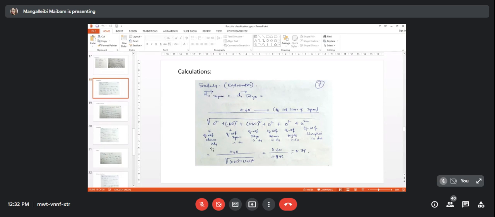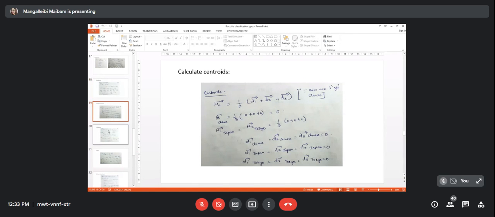TF-IDF score for Chinese in D4 is 0, so 0 square. TF-IDF score for Japan in D4 is 0.06. TF-IDF score for Tokyo in D4 is 0.06, like this. So everything is written down here in the calculation. You can check it out by yourself also. The explanation was already done yesterday, but again today I am giving these calculations. So now after calculating we got 0.71. So we have represented our documents as vectors now.